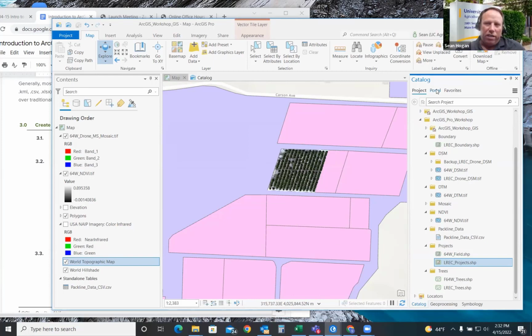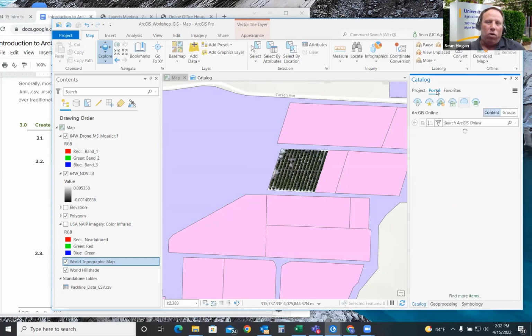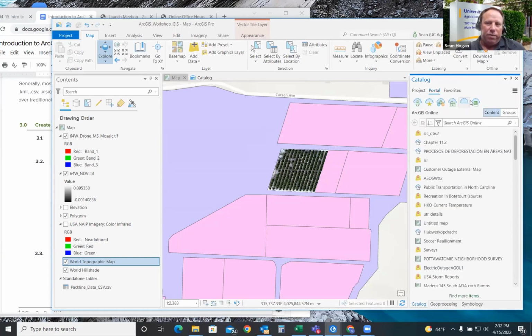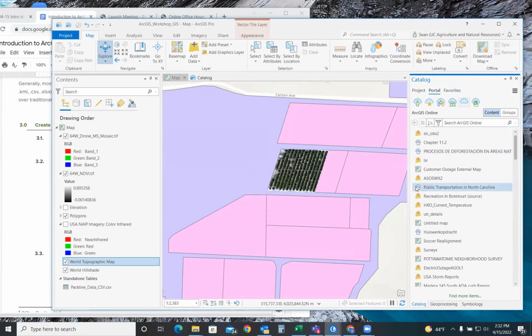And one more, just to make sure that your license is set up with portal access to ArcGIS Online and Living Atlas. Well, if you have portal access, you probably have access to several options. And then Kat, one quick thing, if you're wondering what you have access to now, Sean, if you were to go to project real quick, the project tab.